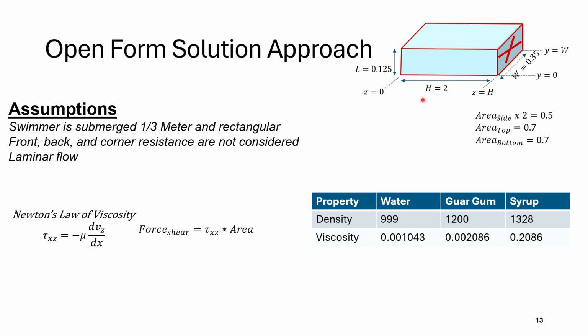In this case, we have someone who's 2 meters tall. They're just over a third of a meter wide and an eighth of a meter from front to back. And again, we're assuming this swimmer is submerged, a third of a meter. They're this rectangular prism. We're going to ignore the shear stress on these corners, where the shear stress from the